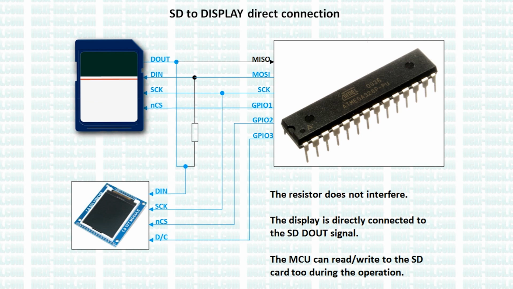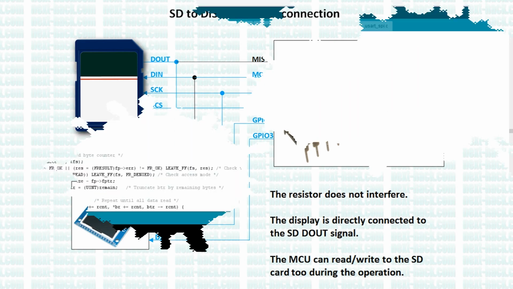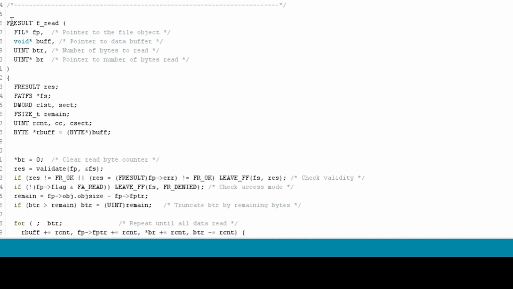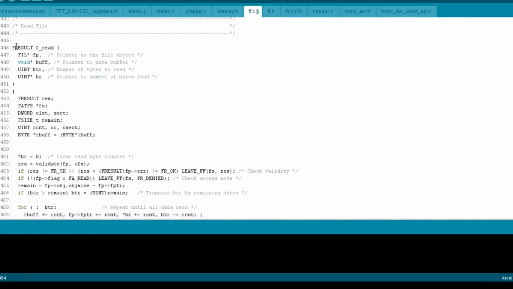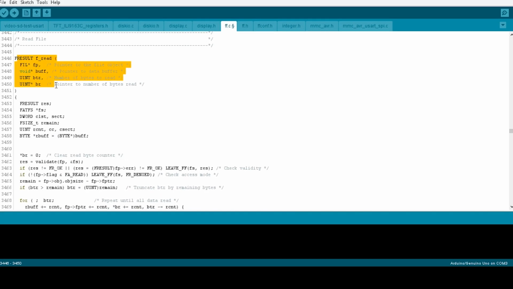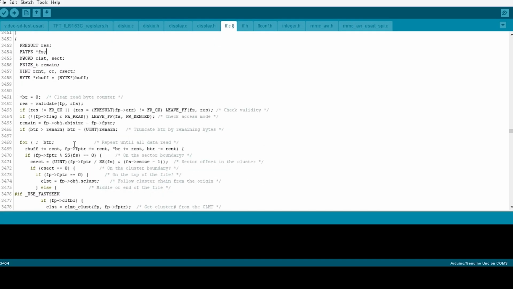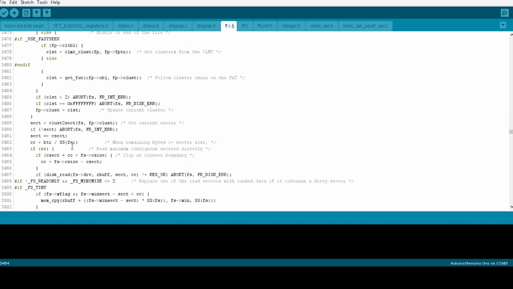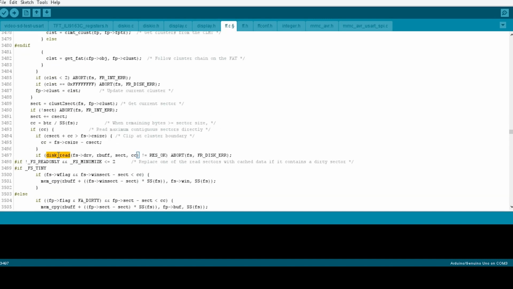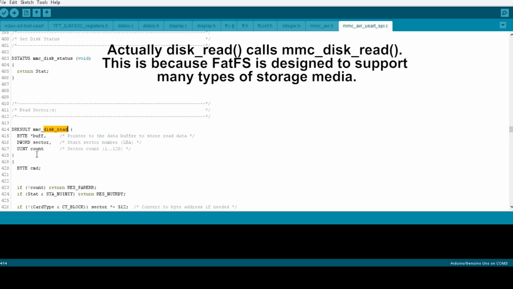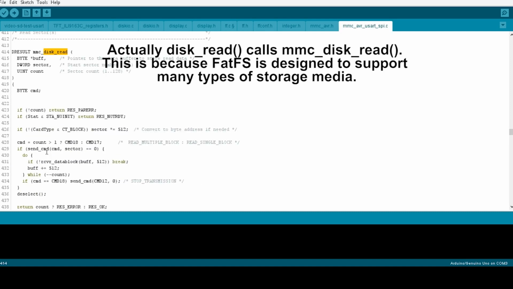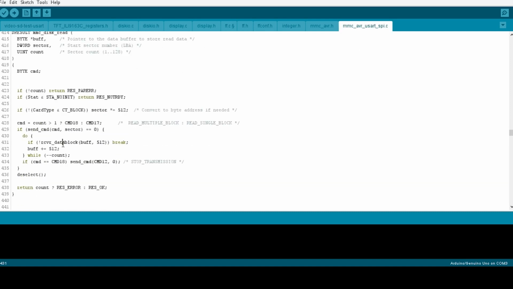First of all, we need to create some functions that select the display when the SD card is outputting data. We created a copy of the function fread in the FatFs library and we modified it. In such function, we see that it calls another function named disk_read. Therefore, we copy and modify this function too. disk_read in turn calls rcvr_datablock. So let's copy and modify this function.